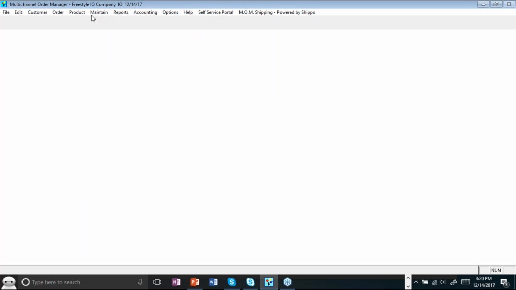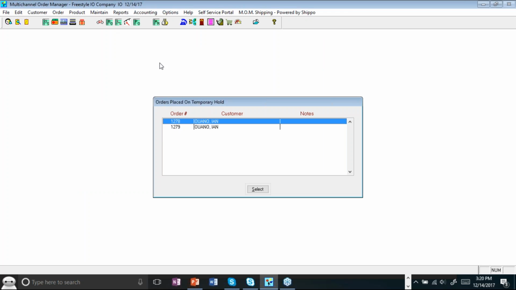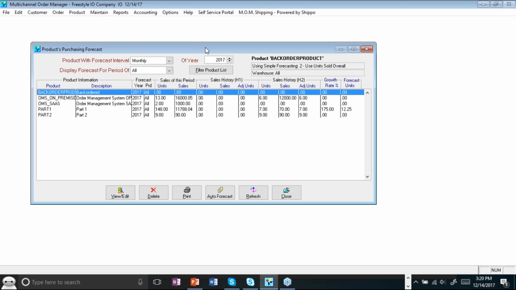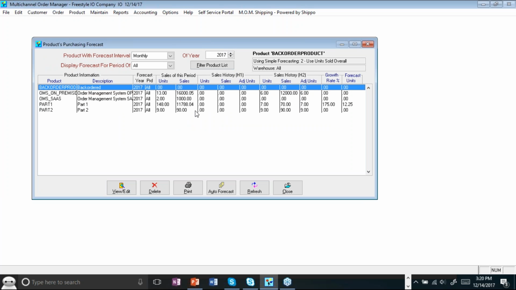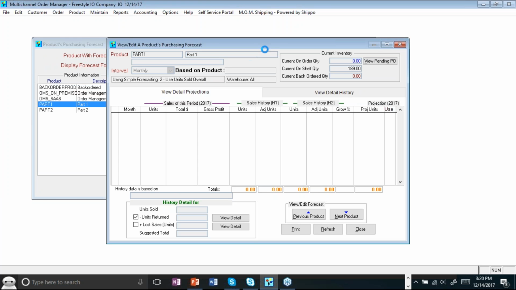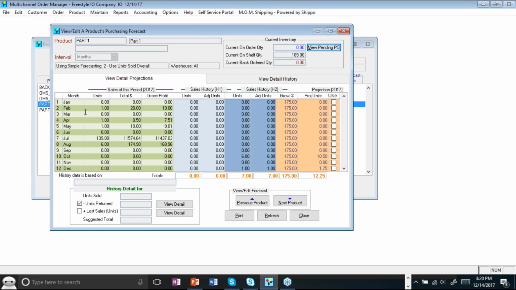So in here I wanted to go into the forecasting. After everything is set up, you set up your warehouse, you set up your products, you have your bins, now you're going to go to the forecasting so you can see what you need to purchase. So within our system, we have what we call the forecasting. And here, you can forecast all your products that you want. If I go to my part 1, I can take a look and see how this product is doing. And you can see how many units I've sold by months